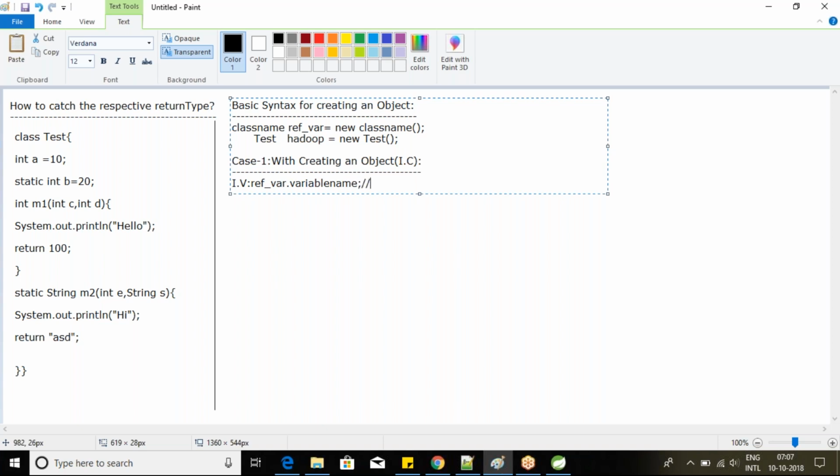What is my reference variable here? I have taken Hadoop. And what is my instance variable name? If you observe clearly, A. So instance method: reference variable dot method name. Here, what is my reference variable? I have taken Hadoop. And what is my instance method name? M1. So here, whenever I'm calling Hadoop.m1,